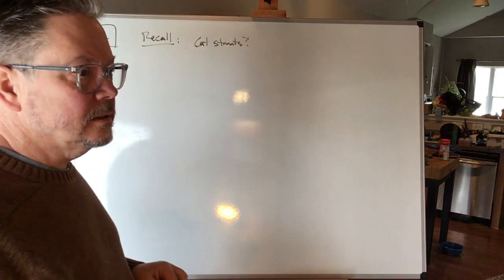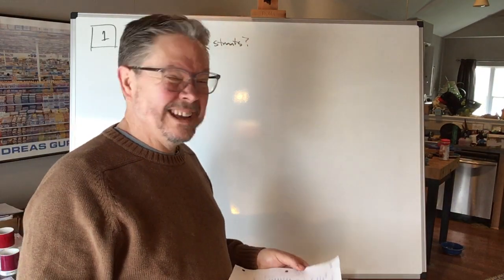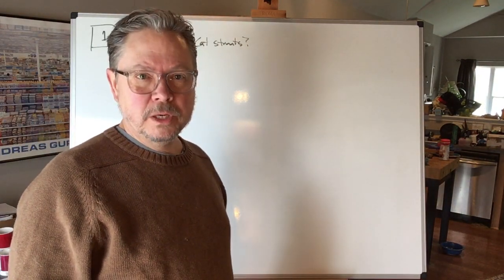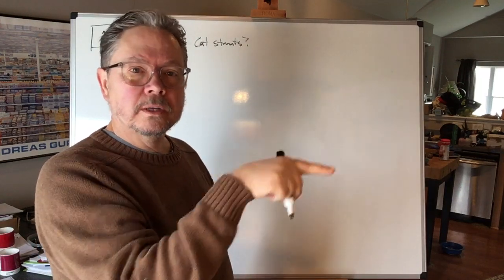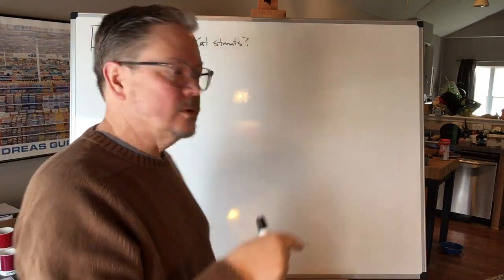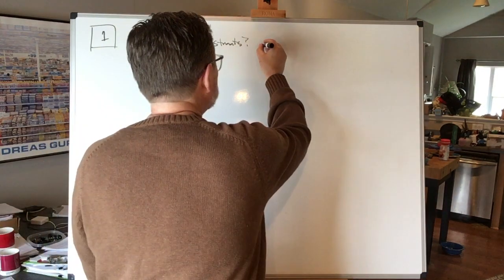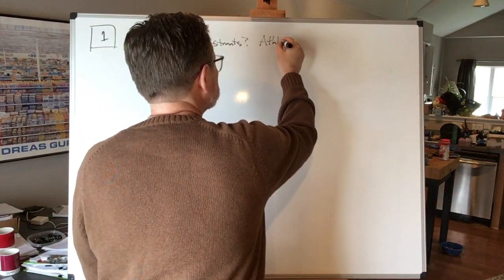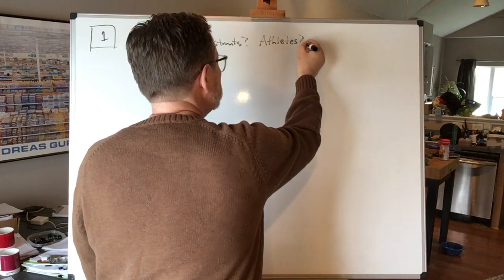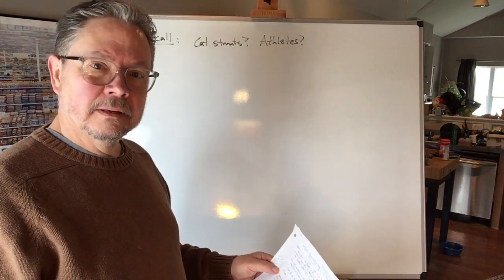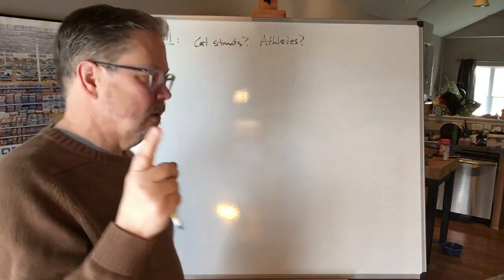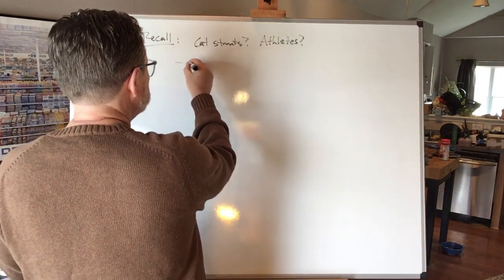Yes, the kitty cats back in example 10. They had information about a cat, and then each one pointed to the next one. So one cat was connected to the next cat, connected to the next cat. Same thing for the athletes. Remember them athletes? They were in program 5. Each one of those, actually both of those are special cases